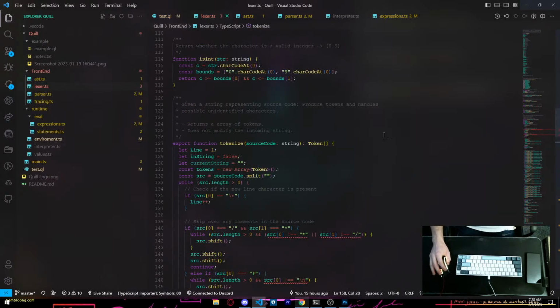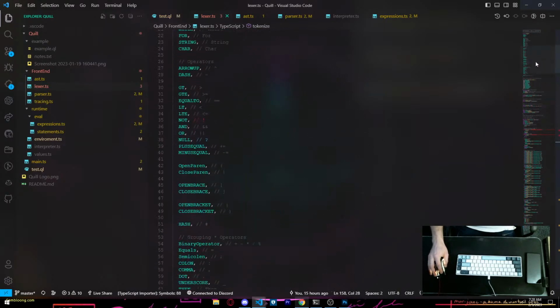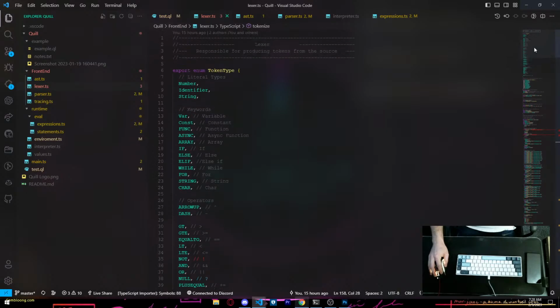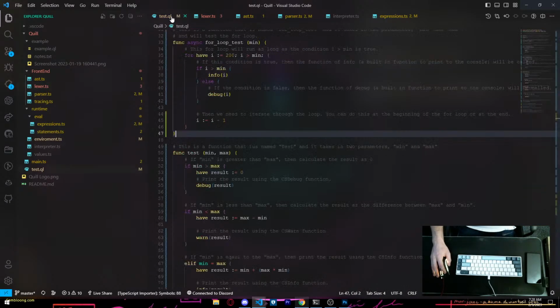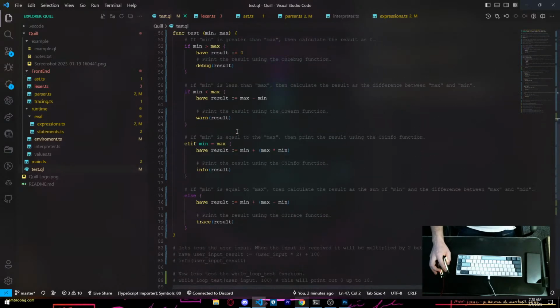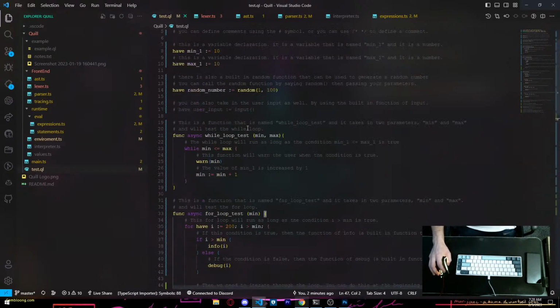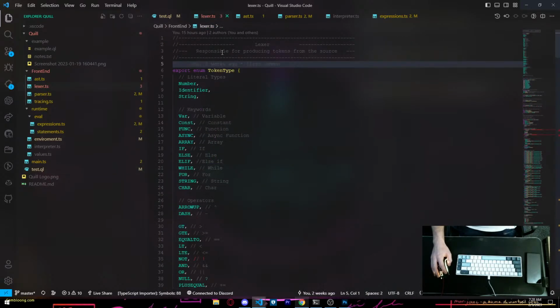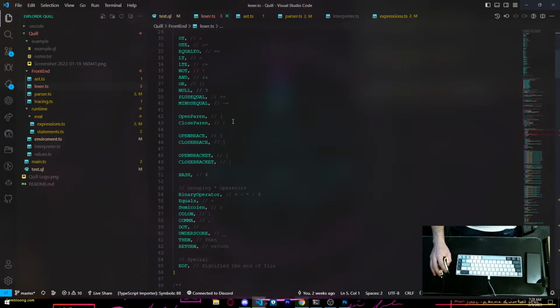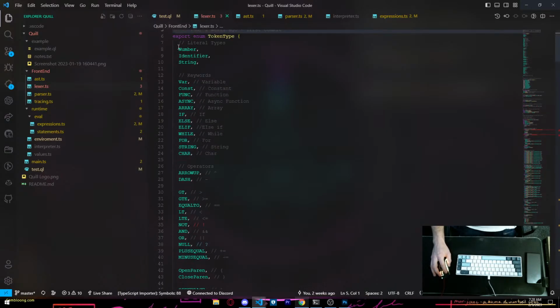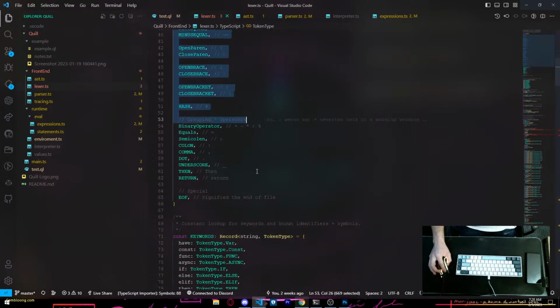So if we look inside the lexer that I have, it's kind of messy, I have to reformat it. But the lexer, as it says right here, is responsible for producing the tokens generated from your source file. It reads through all of this and sees, okay, is this a valid token? If it sees that this is a valid token, we will just shift over it, so ignoring it. All these tokens that we have in here are valid tokens.